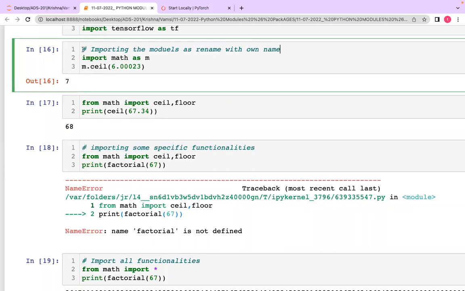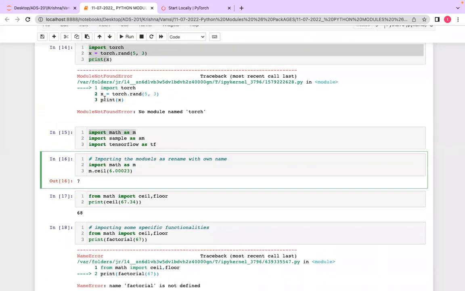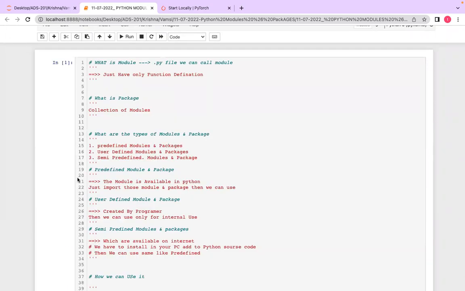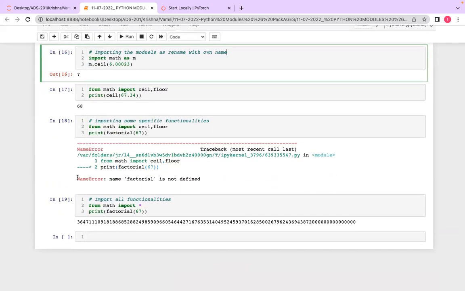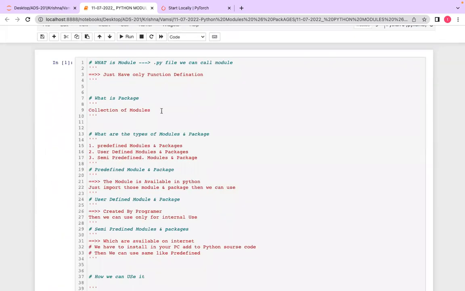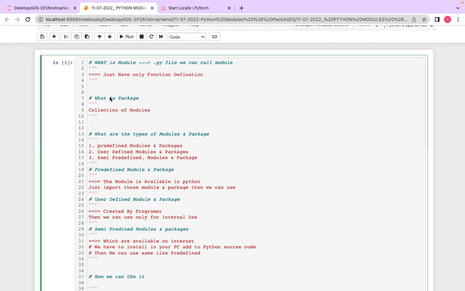Okay, this kind of thing we will do, whether it is predefined, user defined, or semi predefined. Okay, any questions, guys? This is a small concept, guys, don't think too much about it, but it is the base. Every time you use modules and packages in application-oriented work, like when we started learning statistics, I explained numpy and pandas, right? Numpy and pandas are semi predefined. If you want to understand how they execute, you should know the concept of modules and packages. Guys, if you have any question, please let me know.